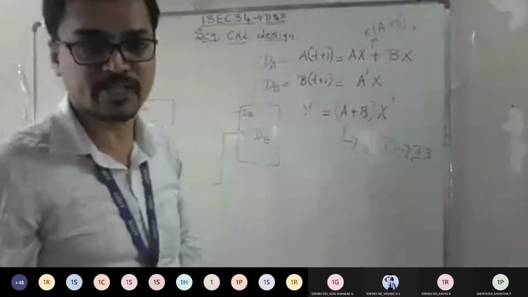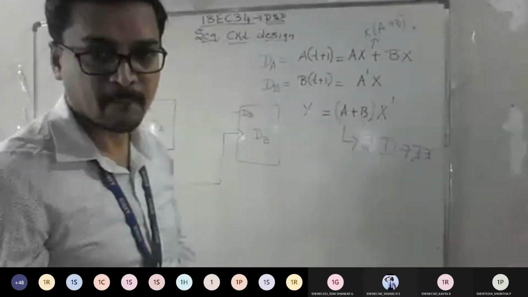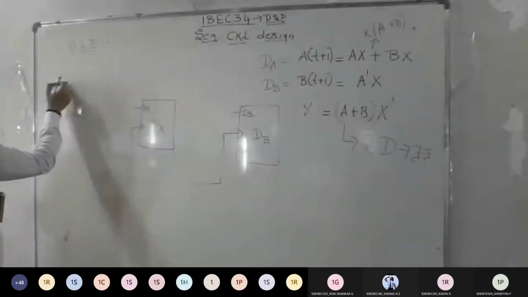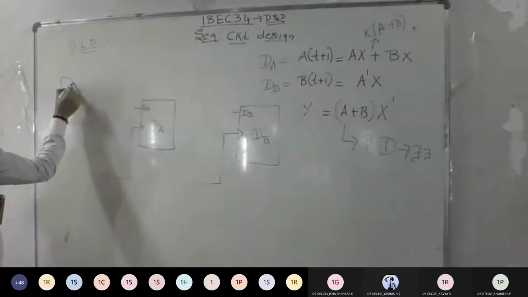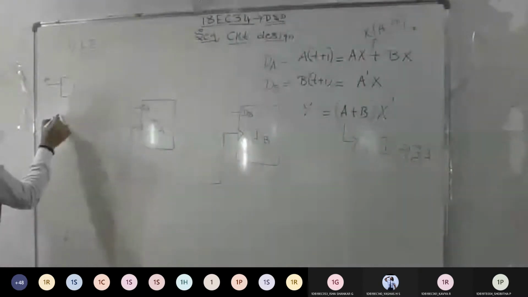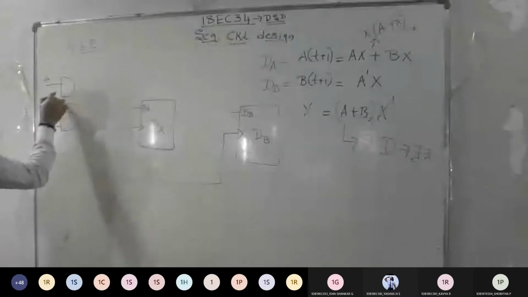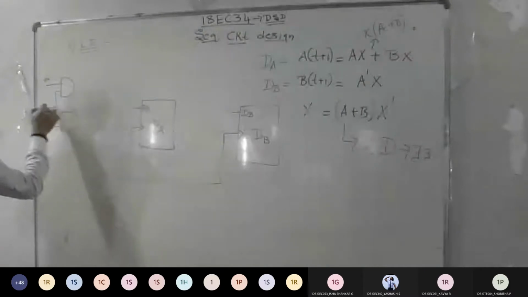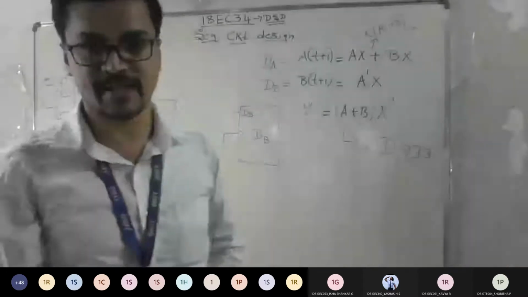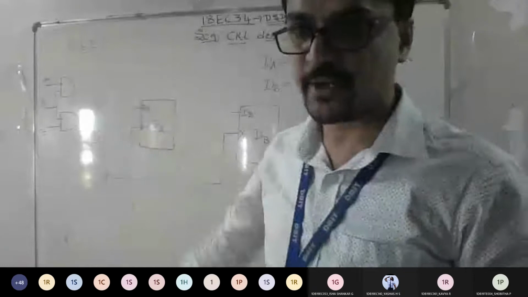So what is the thing I want? Which gate do you want now? A into X means? And. Good. So AND gate. So is it visible if I write here? Just look at the board. Is it visible? So I'm giving A input, and similarly I want one more AND gate, and I will designate it as B, and I'm going to short both other inputs of the AND gates. I'm going to give a common input called X. Is it done? Can I mark like this? Yes or no here?